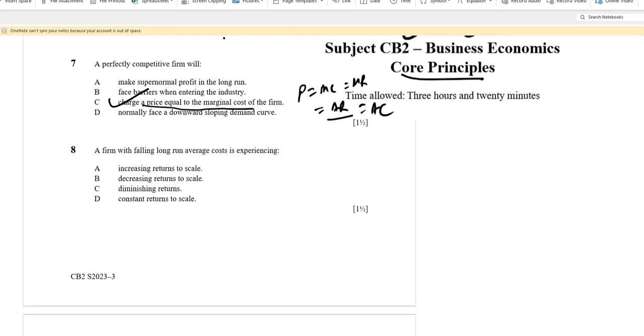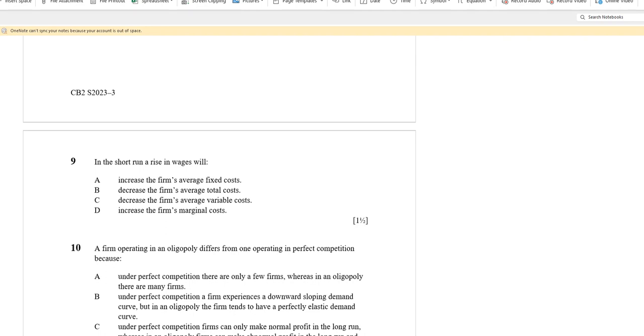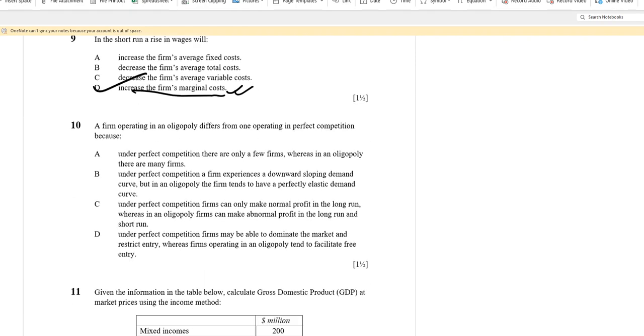A firm with the following long run average cost is experiencing, 8 is A, increasing returns to scale. Then 9, in the short run, a rise in the wages will increase the firm's marginal cost. Then 10, a firm operating in an oligopoly differs from one operating in perfect competition because